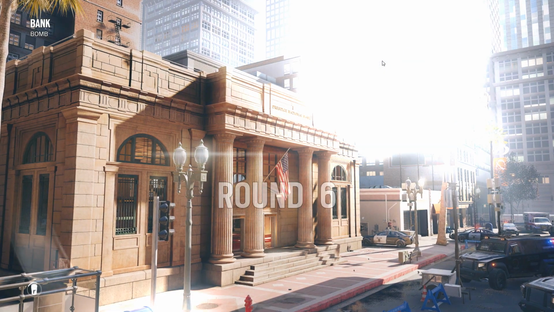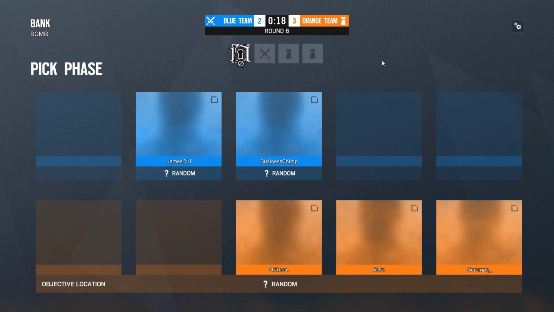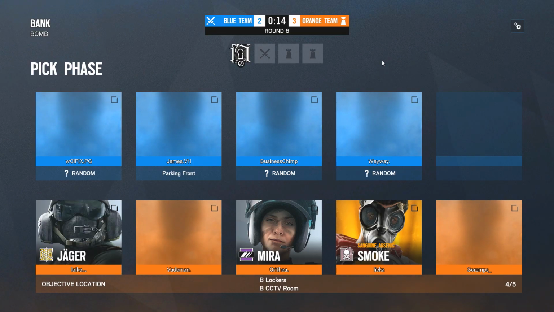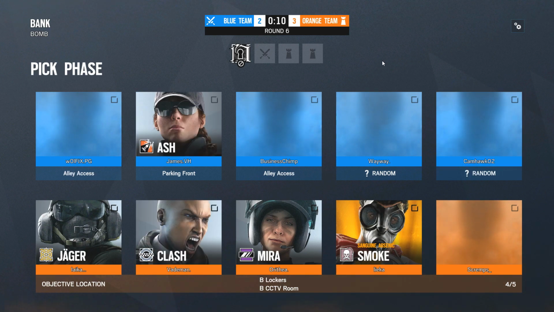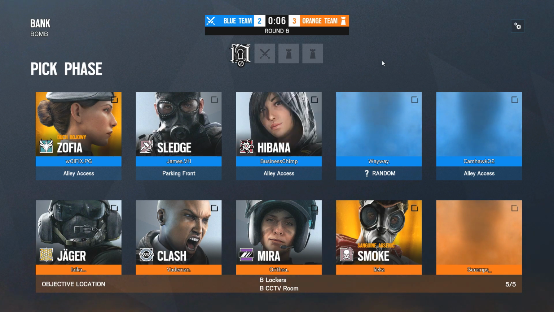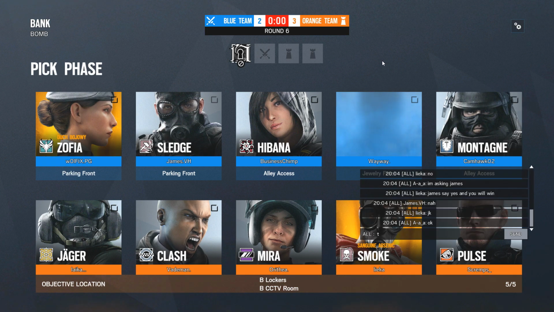What Hibana did there was kind of let the attacker do a 1 versus 1 against the Clash. Actually, it was 2 versus 1, but one guy died. It could have been 3 versus 1 there. So probably not going for the diffuser was the better play. And nobody's calling for the oppose, so...